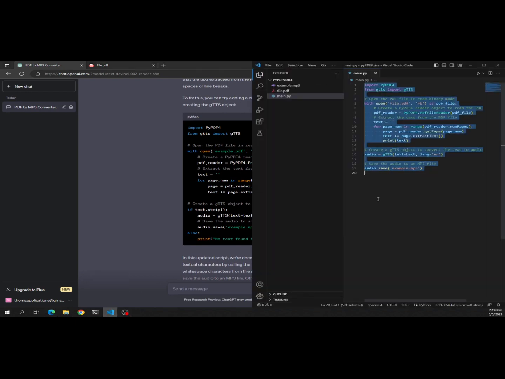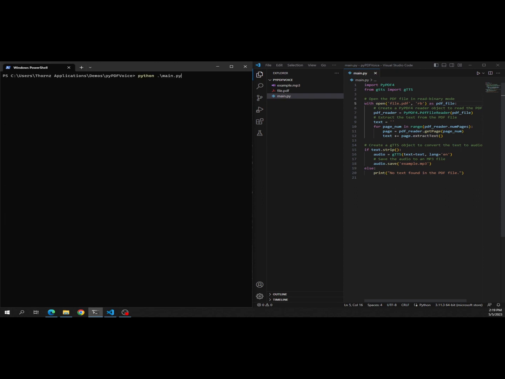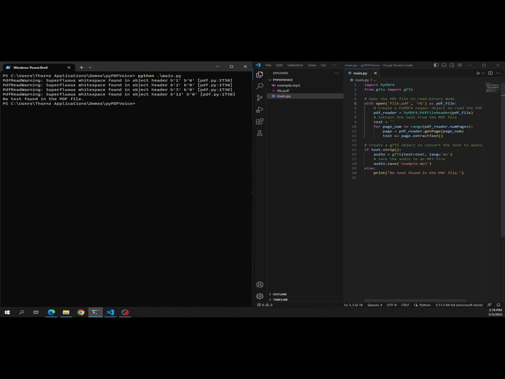So grab that here, go to Visual Code, paste it in here and save. Remember to place the file name. Let's go ahead and clear it, and we're going to run one more time. Again, it says no text in the file. So it looks like there's something wrong with the packages that it's been giving us from